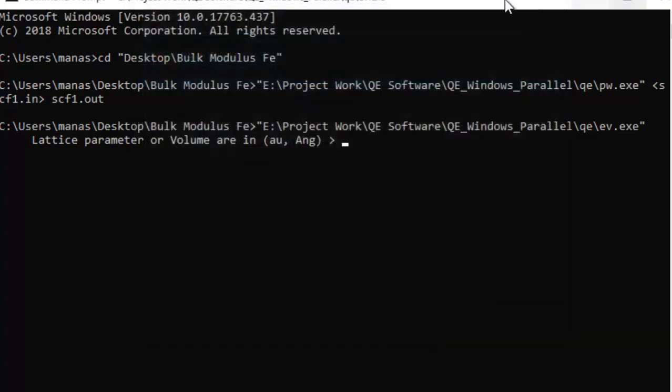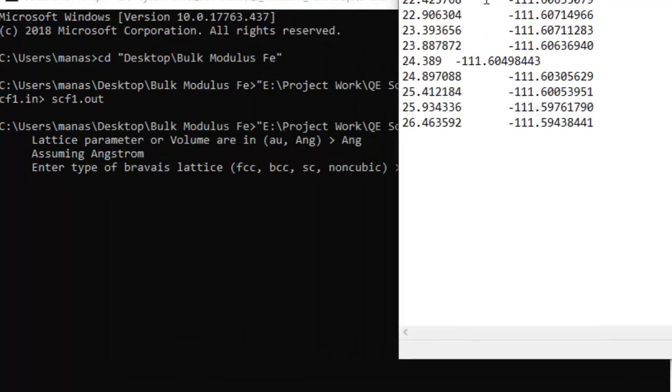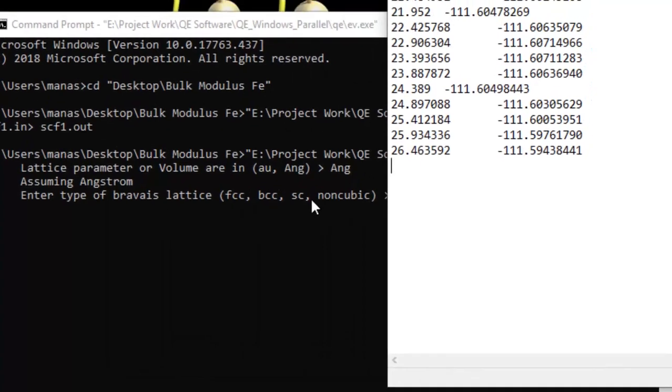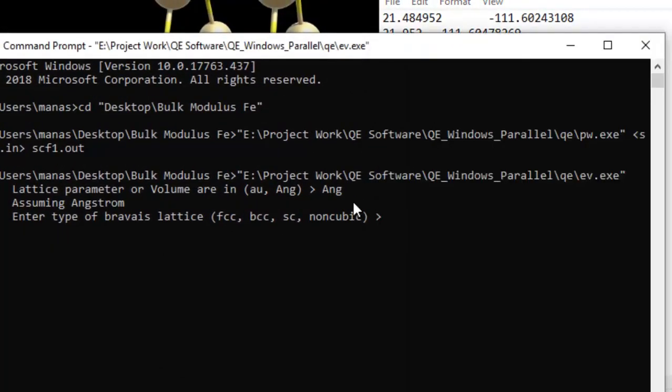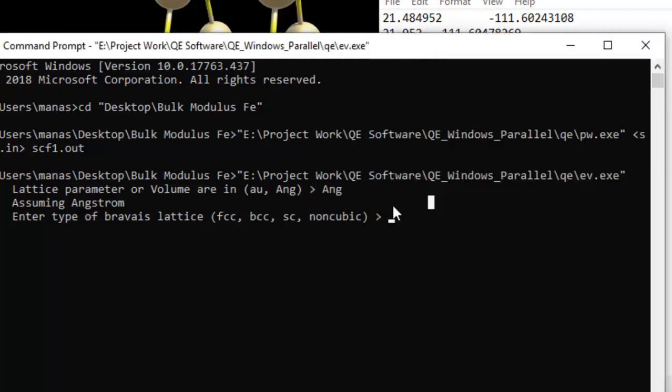Once you execute that, it will prompt you to enter whether the lattice parameters or the volume are in atomic units or angstroms. In my case these are in angstroms, so I'll just write in A, then enter the type of Bravais lattice. So in my case, although it is a BCC lattice, since I have provided the volumes in the first column rather than lattice parameters, so if you are using a cubic lattice and provide lattice parameters in the first column, then you can choose FCC, BCC, SC, etc. However, since I have provided volumes, I'll just click here and enter non-cubic,